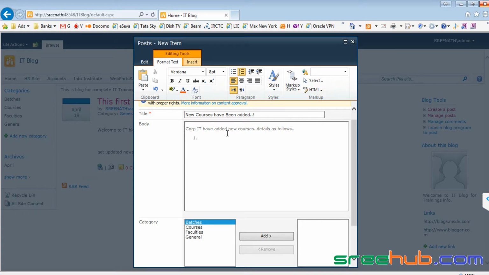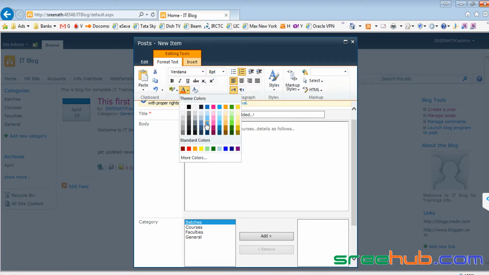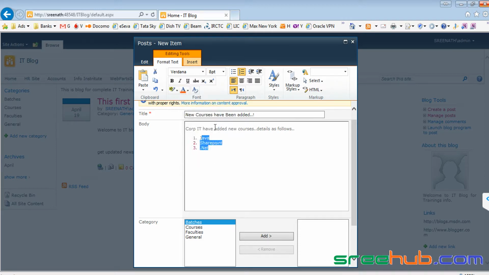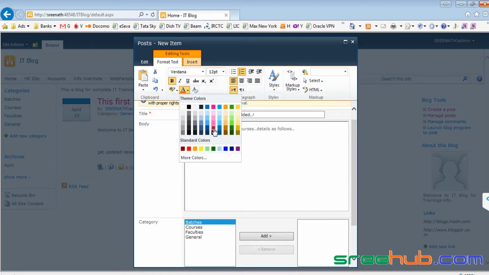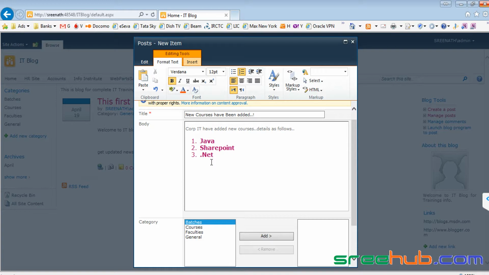I'll just take a bullet point and Java, SharePoint, .NET, right? I can just take these things and I can just format these things to some color, right? Like I'll make it bold, I'll make it something big, some color, right? This color I want, right?